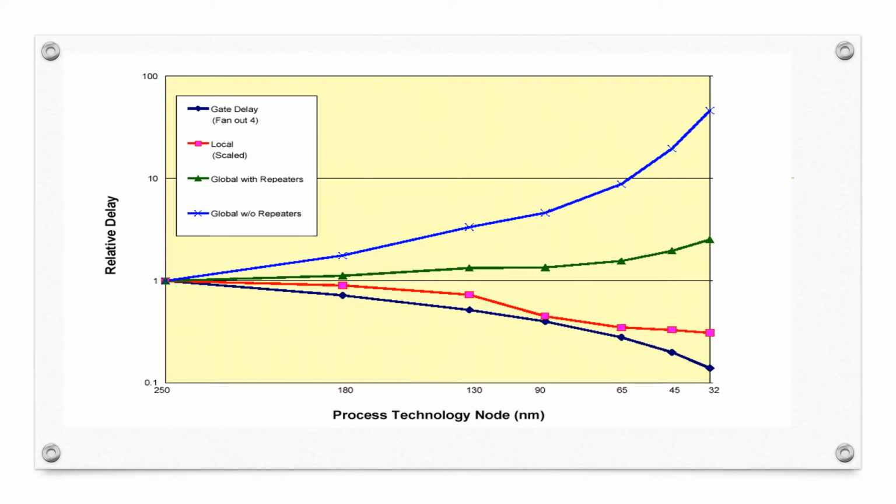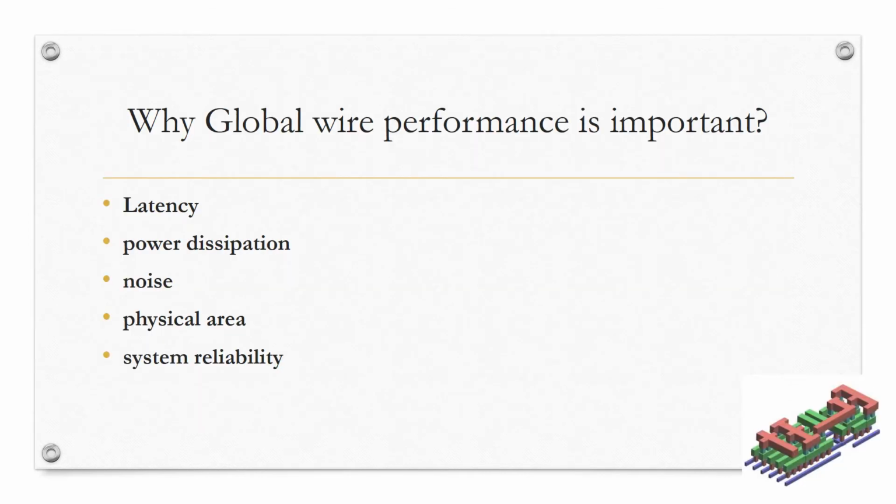In this slide, we have already discussed that global interconnects degrade in performance with scaling, and they improve a little bit when we insert regenerative repeaters. They are shown here: the blue wire is without repeaters, and the green wire is with repeaters. The other two wires show the effect of technology scaling on device performance and on the local interconnect. Both are not improved, and that is why this whole discussion is based on that fact. So these are the parameters which are important.